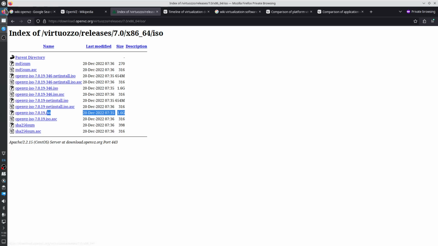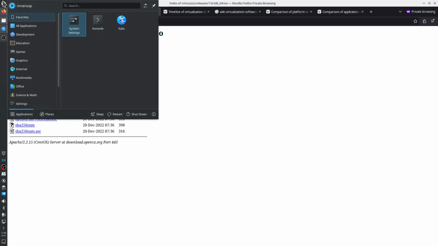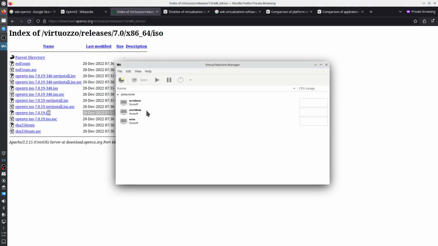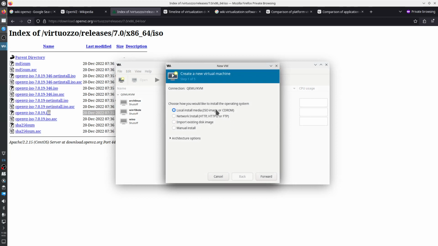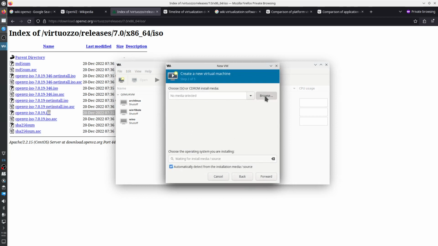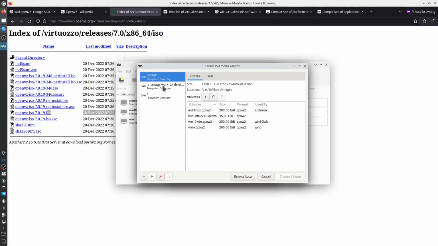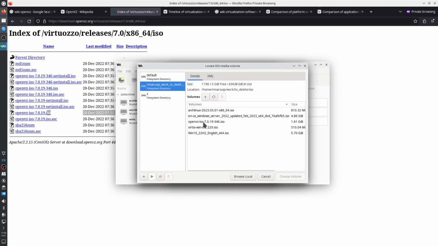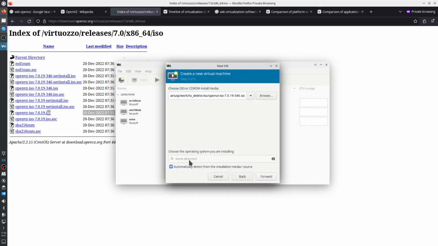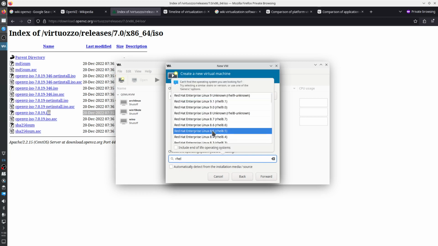Okay. So I have already downloaded the ISO file. Let's install this virtual machine inside QEMU VM Virt Manager. So we go new, ISO, forward, browse. Okay, OpenVZ ISO 7.0.19.ISO. The operating system is Red Hat Enterprise Linux 7. So this thing,